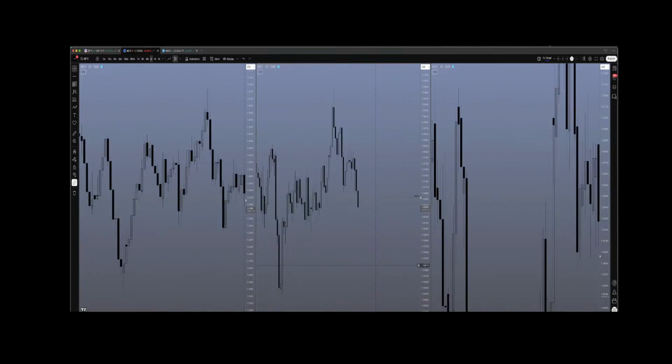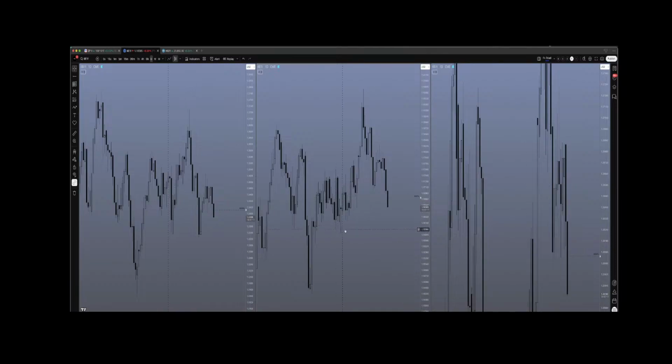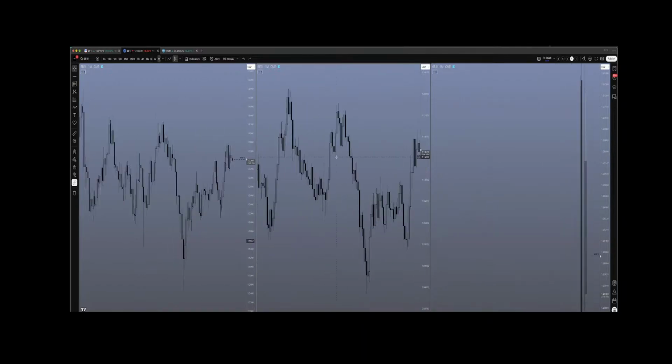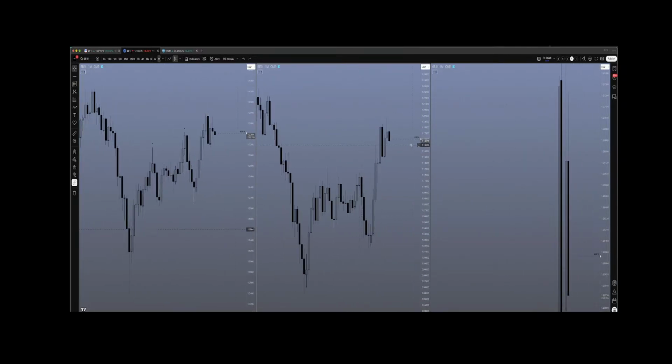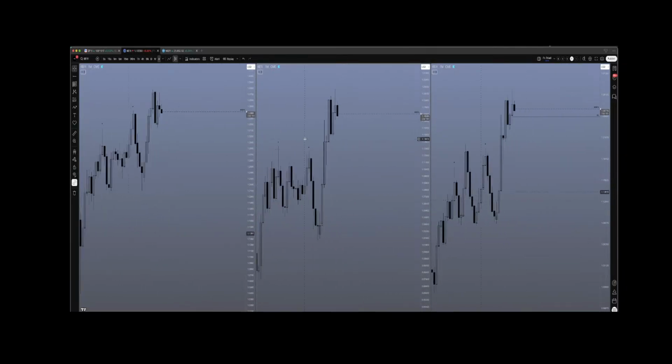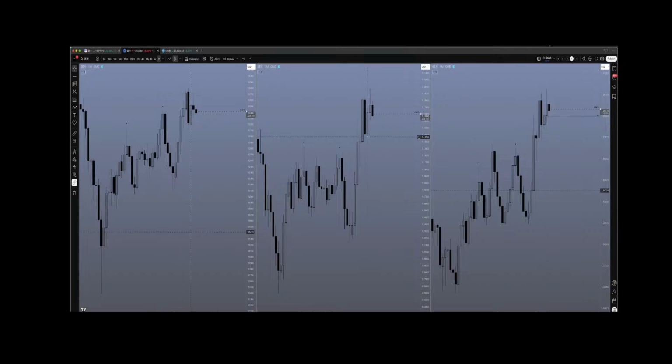Let's have a look on a daily, see where we are. Yeah, we've got nothing. This is all mitigated, there's no imbalances. So in terms of my idea, if we have a 3 candle model, where's the draw of liquidity? It's going to be that low, right? Previous month's low is going to be a target, that's for sure. I will highlight that, put a key level there, because that is going to be a draw in itself.